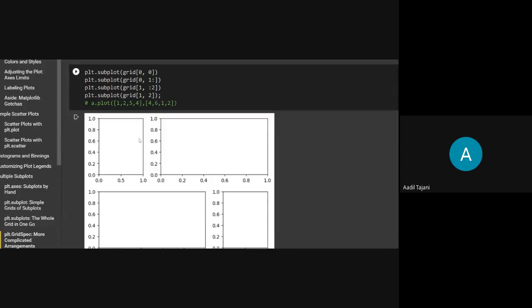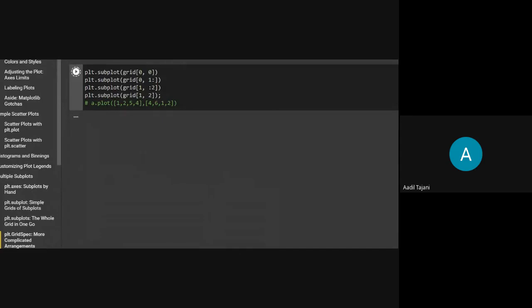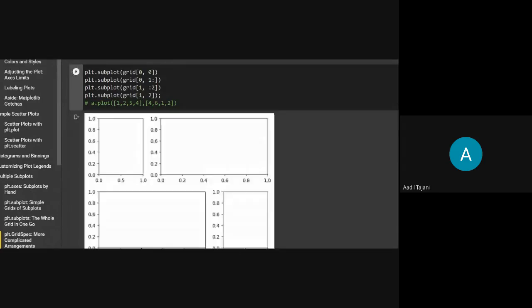Here you can do plt.subplot, and in that grid you can mention how many cells out of that grid you want to use in the same subplot. So if you mention 0,0, then that's the first plot that you get. Now in the same row, I want the second and the third column to be merged. Then I will mention in the 0th row, from the first position to the end, I want everything to be combined in a single subplot.